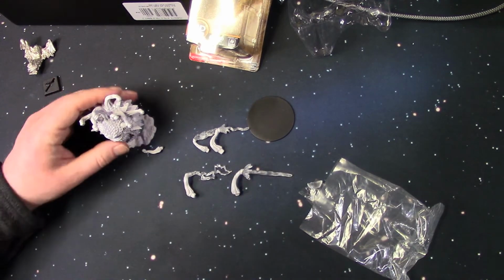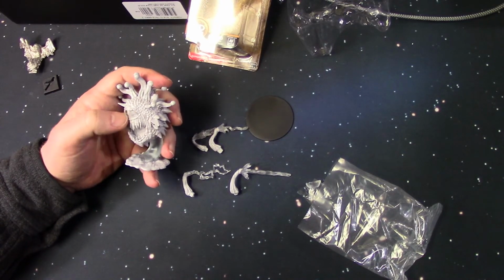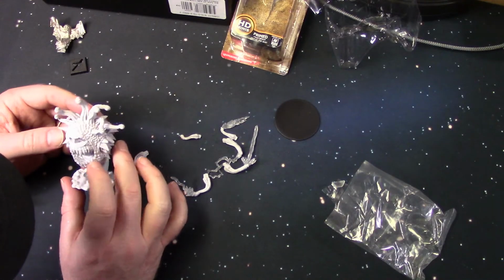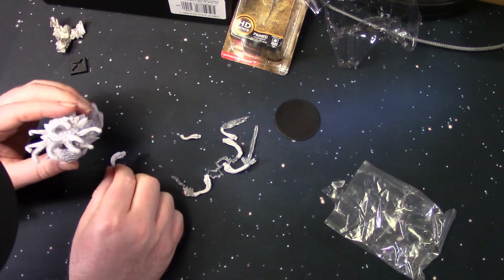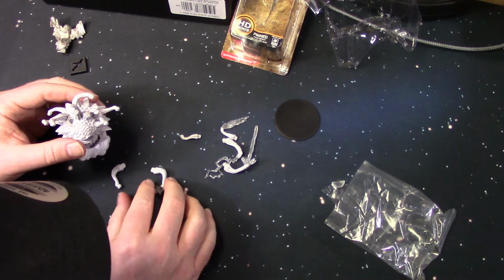So, okay. My suspicion was that maybe there was a clear plastic piece that went over the eye to cover his eye once you're done painting it, but I guess not. So it's just open like that. I mean, it's cool. It's still a fucking cool looking model. And the fact that you can swap out all these little tentacles and put in like these guys,